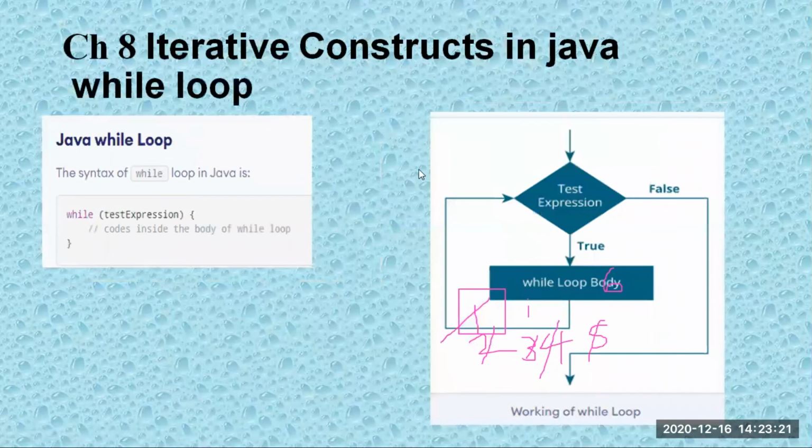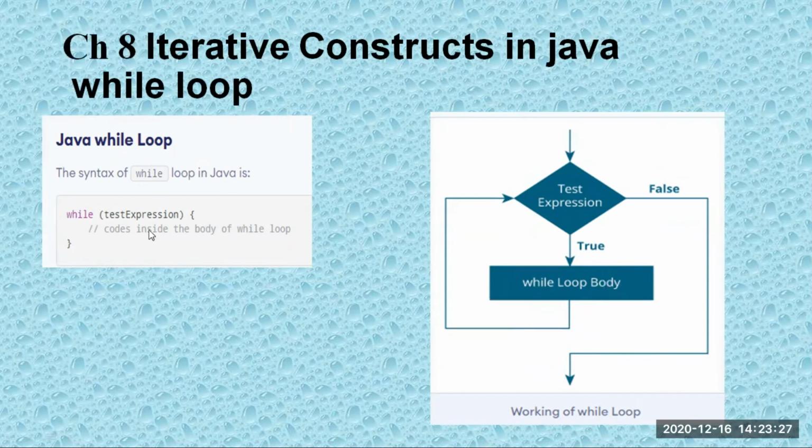So next, let's go for the next loop. Next is your while loop. Now, in the while loop, there is a difference between for and while. So with while, you have a condition here. The way of writing is different, but otherwise overall it is the same. It is an entry control loop. You will have a test expression over there. If it is true, then it will enter the body. This way it will continue. As soon as the condition is false, it will come out.